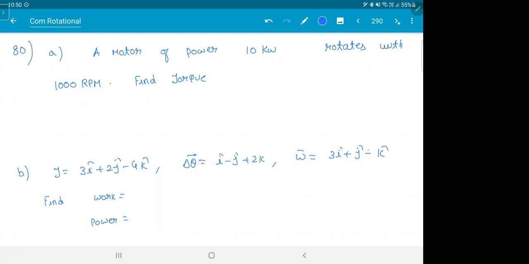What are the first answers? We had to convert omega into radians per second. Don't forget. So power was torque into omega. So power is 10 kilowatt, that is 10 power 3. Torque, omega is 1000 RPM. That is revolutions per minute. Normally, if you see all the vehicles, no one talks about force. Everyone talks about torque and rotation only, RPM. 1000 goes off. 60 by 2 pi. You can leave it there. 300 by pi. Clear? That was easy.